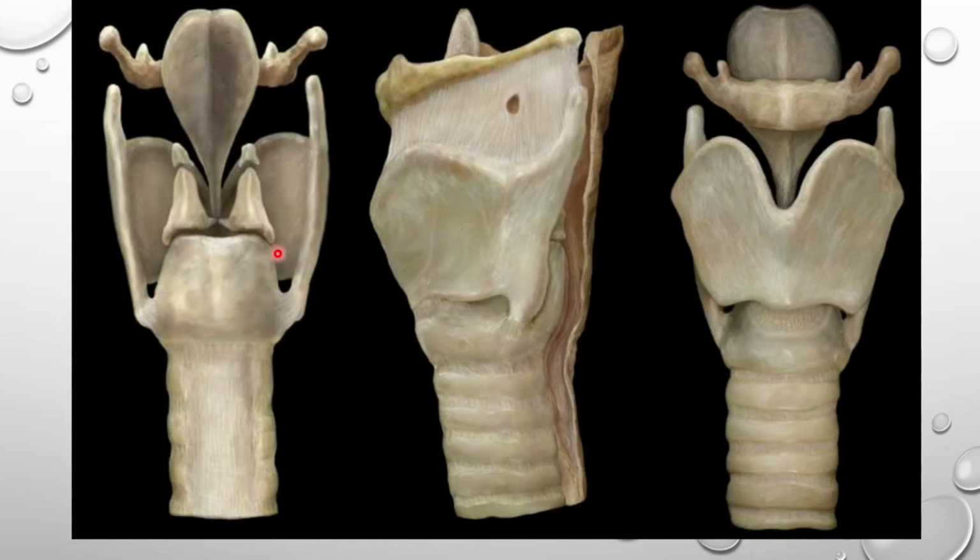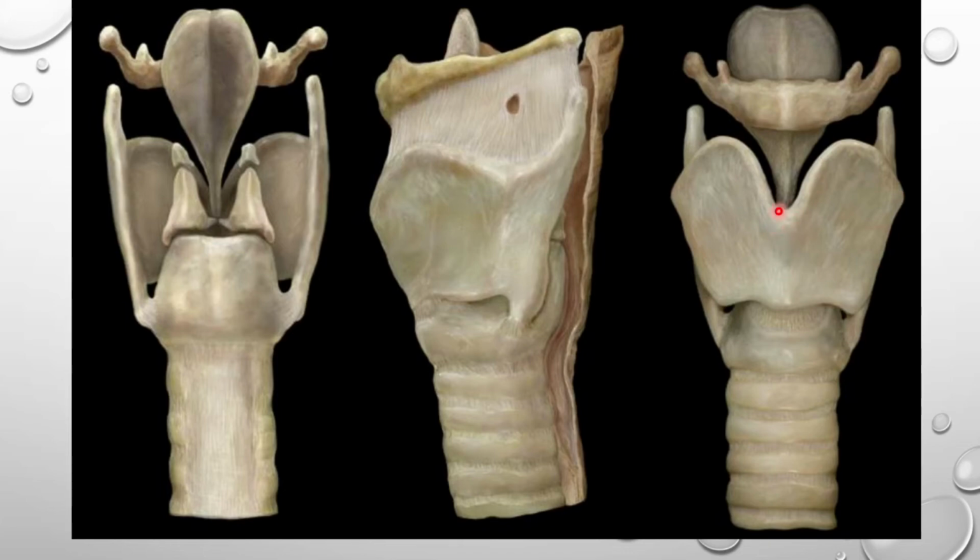On all 3 views, we can see the largest singular cartilage, and that's the thyroid cartilage. So here it is from the lateral side, here it is from an anterior view, and here it is from a posterior view. So the thyroid cartilage has 2 laminae. A lamina just means a flat sheet, essentially. So it has a flat sheet of cartilage on one side, a flat sheet of cartilage on the other side,